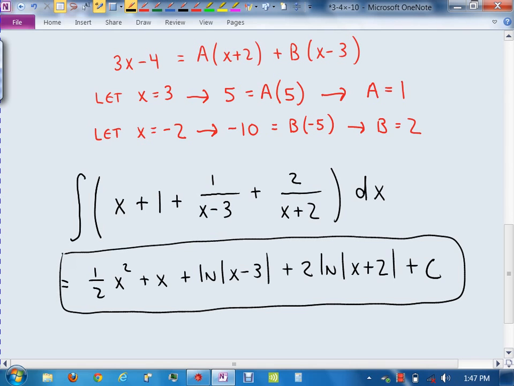What's that? Where the what? That 2 right here? That 2 just came from here. I just pulled that 2 out in front. And then it was 1 over that. And